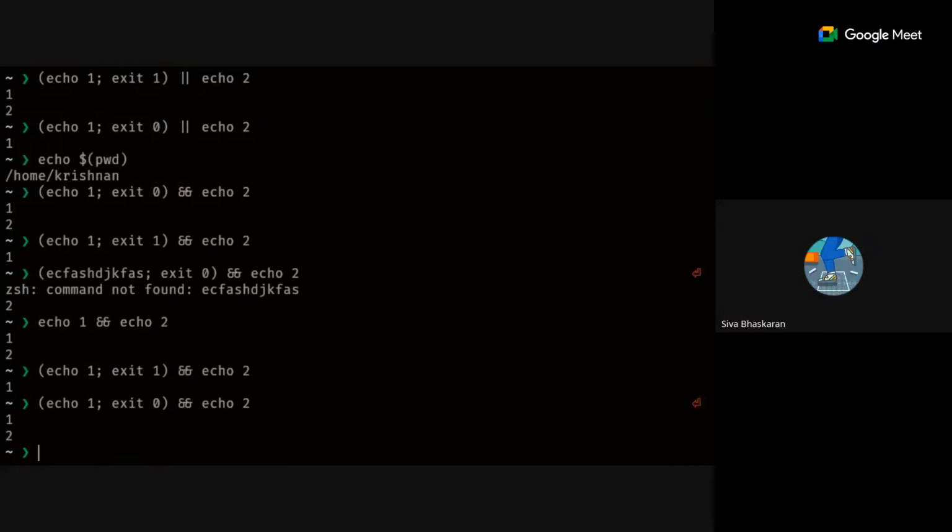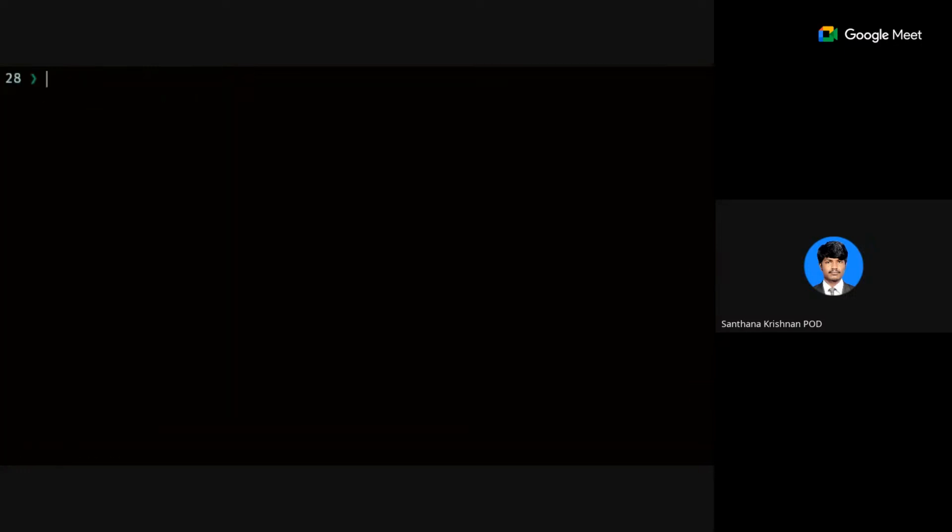Okay. So one difference between the subshell and the child shell is that you are sharing the shell variables directly within the subshell. But if you are using a child shell, you are not sharing your shell variables unless you export them.